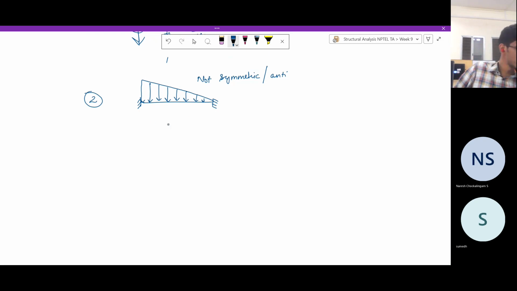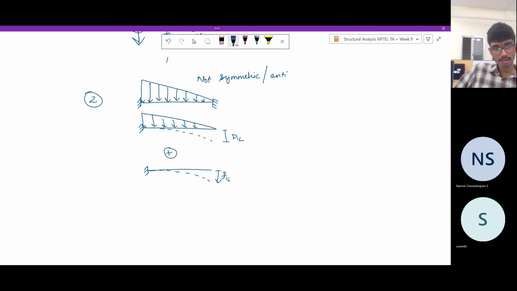Let us use the method of consistent deformation to solve this problem. So how do we do it? It is very simple. The primary structure, subjected to the applied loading, deforms by d1L, plus, let us apply a unit vertical force. It deforms by F11 when you apply a unit vertical force, and it has rotated by